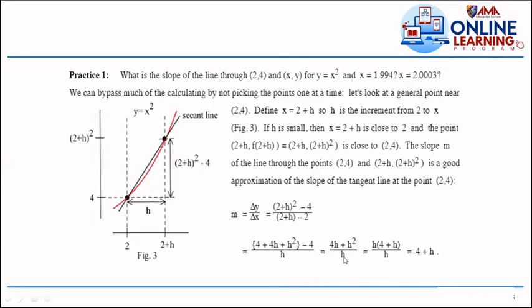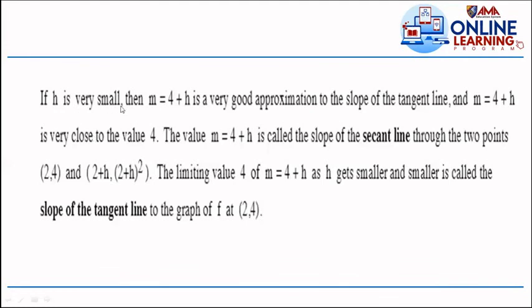Okay? So, gagawin po natin, ipapactor natin po siya uli. Okay? H is the common factor. Itong dalawa, 4h, itong dalawa, h squared. By this time, makakancel yung h po dito. So, your slope is equal to 4 plus h. So, yung slope po natin dito, yung kulay black, is what we call your secant line, which is equivalent to 4 plus h. Okay? So, sabi dito, if h is very small, then m is equal to 4 plus h